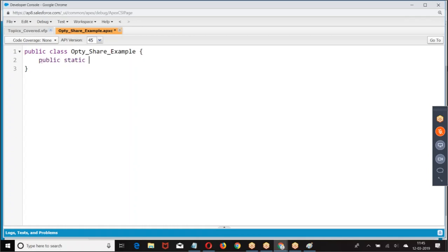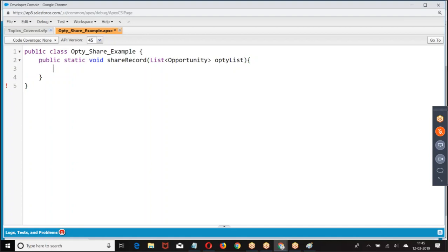Public static void. Now what are you supposed to pass? Now, how many records are you sharing?